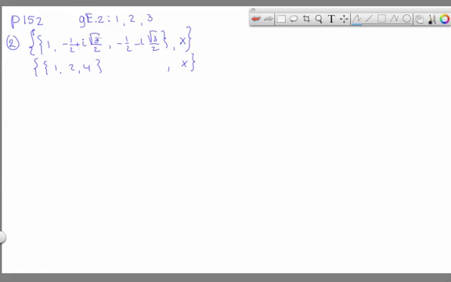Now first of all, here if you look at the Cayley table, you have of course this element negative half plus i square root 3 divided by 2, times negative half plus i square root 3 divided by 2. And if you want to know this answer, then it goes like this. Obviously you have this times